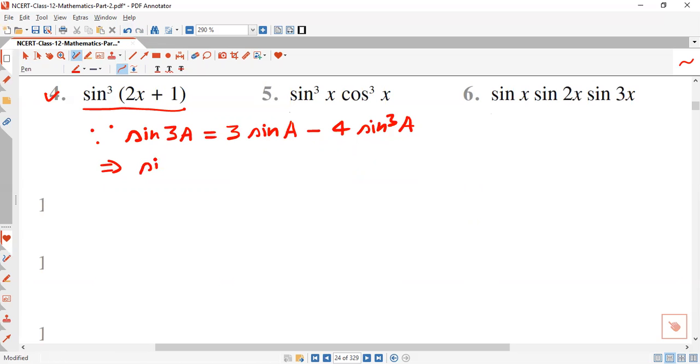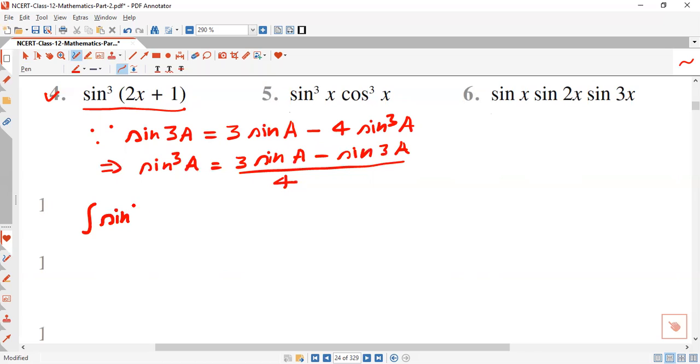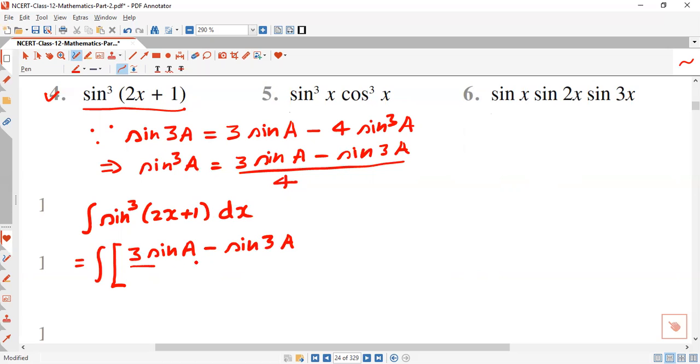The sine cube a will be equal to 3 sine a minus sine 3a divided by 4. So apply this formula in this equation. Formulas are there. Integration of sine cube 2x plus 1 dx will be equal to what? Integration of, in bracket, 3 sine a minus sine 3a upon 4